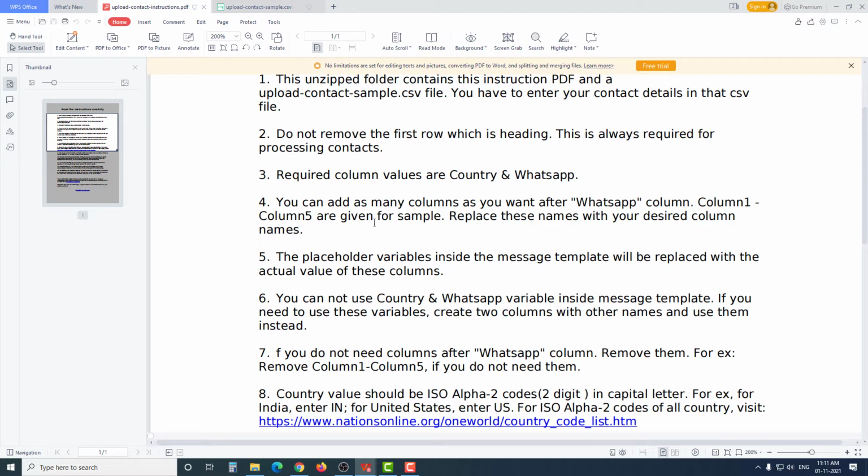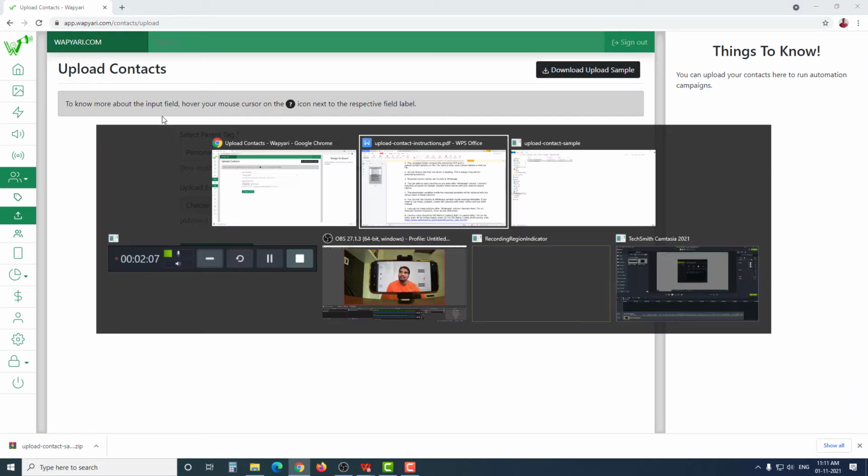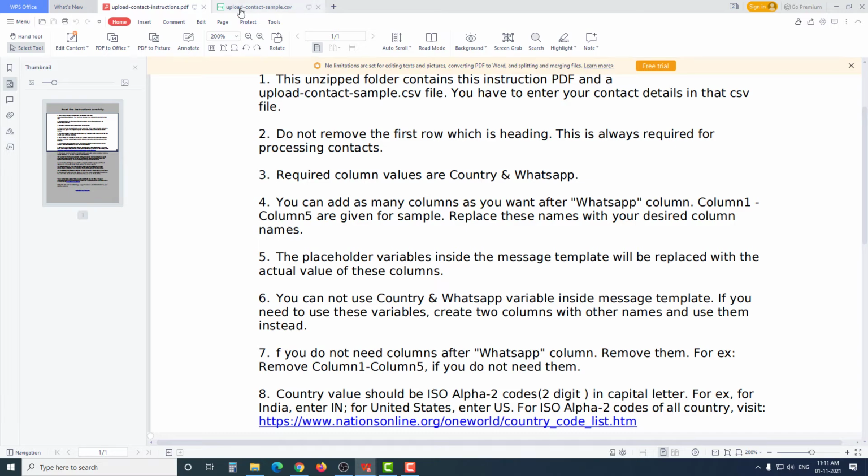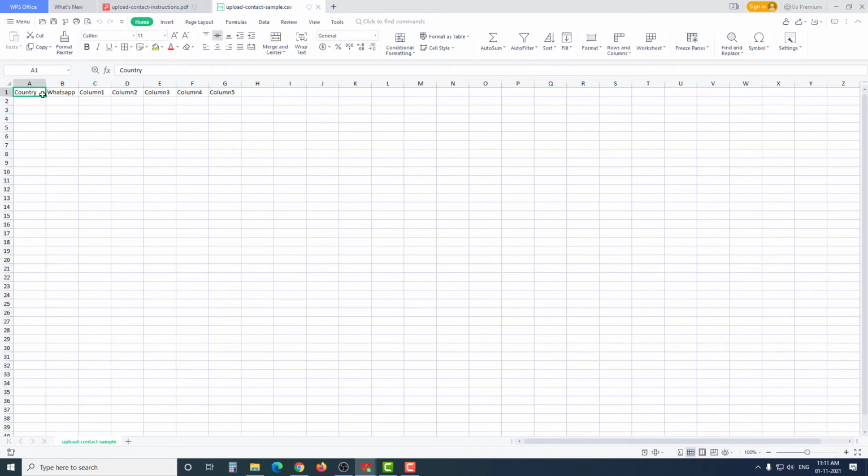Column 1 to column 5 are given as samples. Replace these names with your desired column names. In this case, country and WhatsApp are two required columns, and any other detail that you want to add for your customer, you can add after this WhatsApp column.